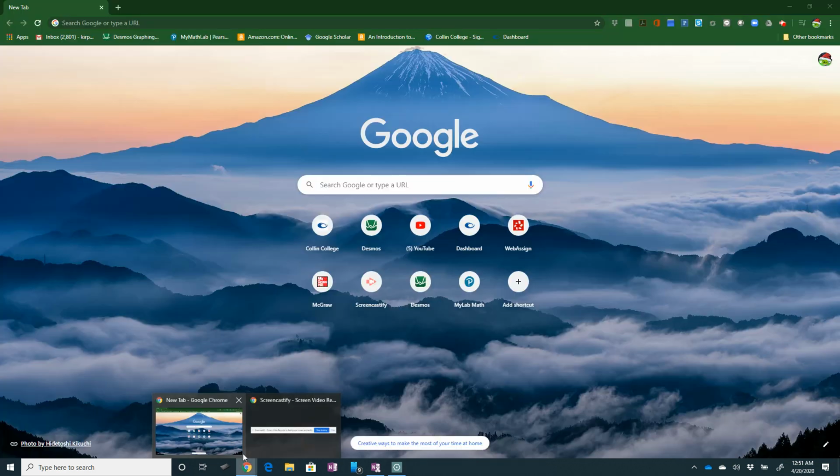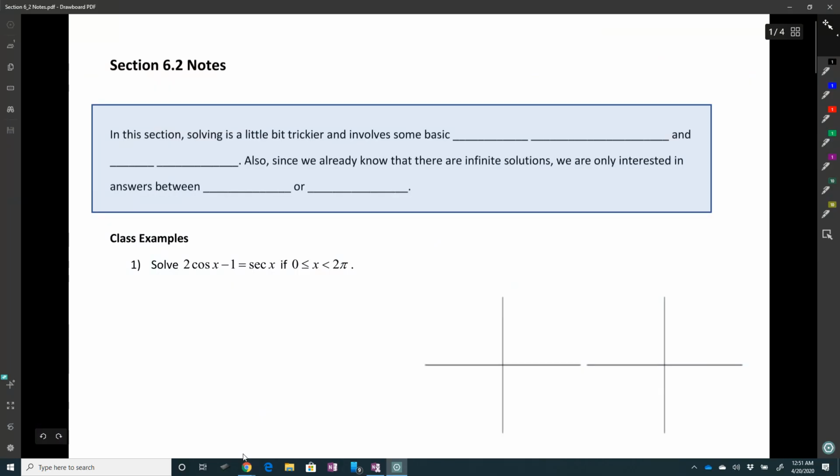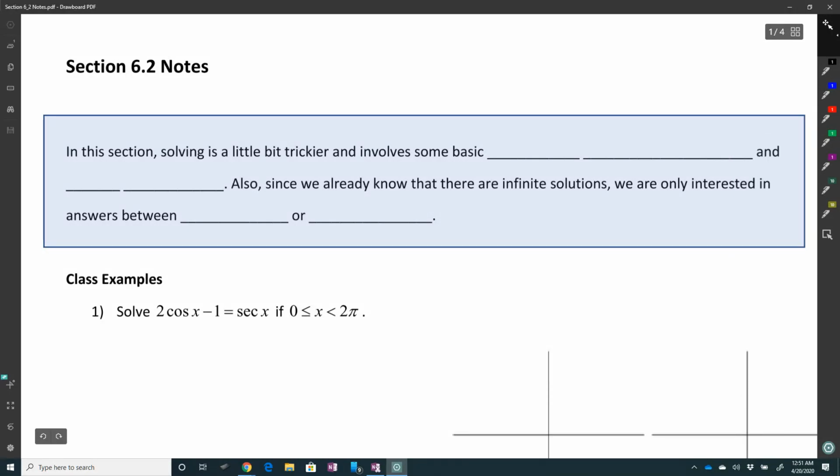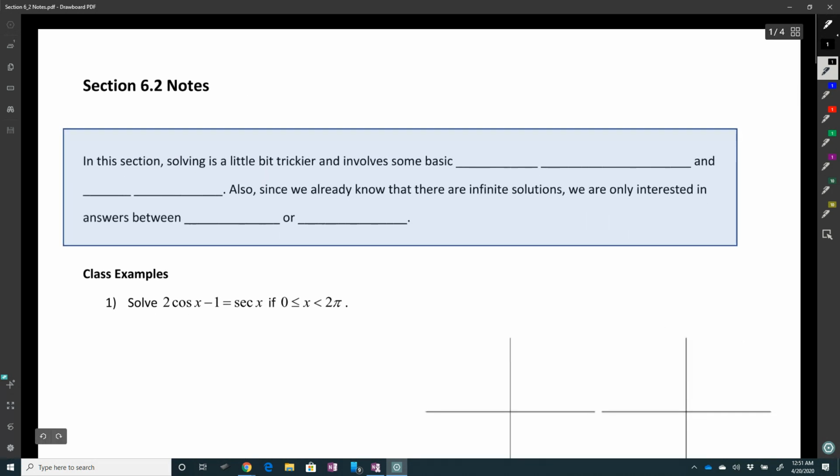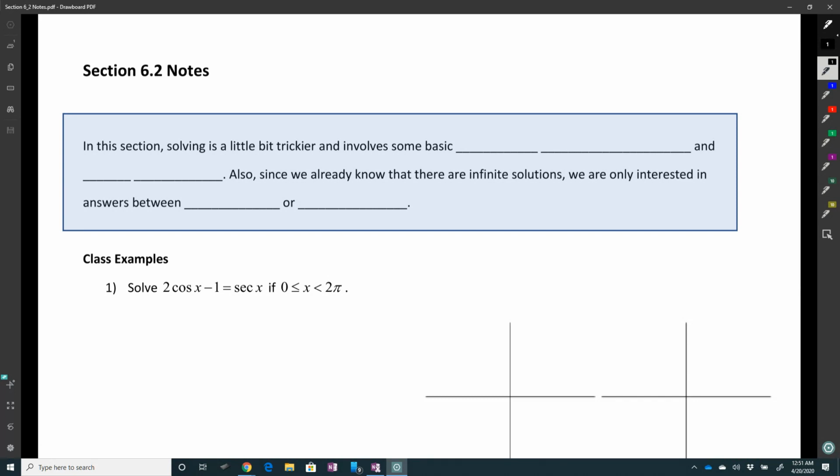Hey everybody. So now we're starting chapter 6.2. This section isn't as long as the others, but it just basically adds a little bit to what we did last time. So in this section, solving is a little bit trickier. And the reason is because not only does it involve some basic algebraic manipulation,